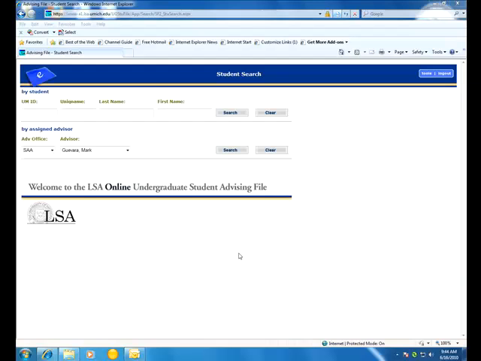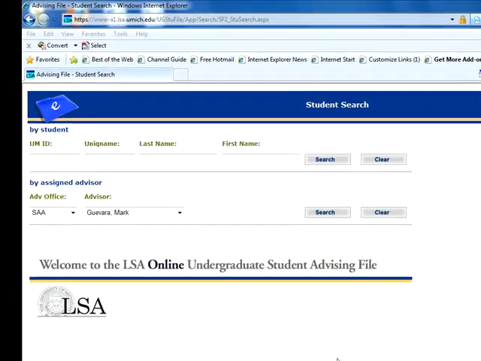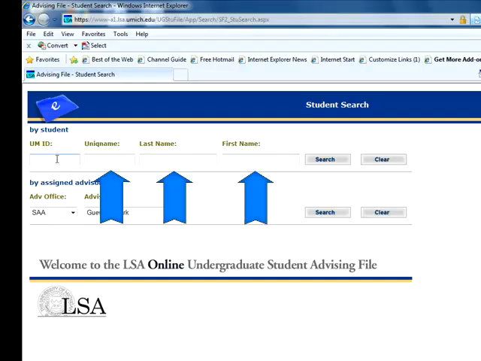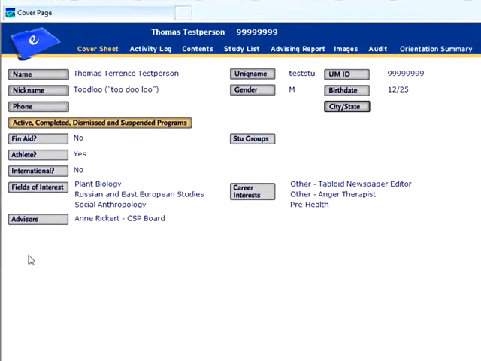of the Advisor Handbook. To get to an individual student's file, enter any of the information indicated by the search fields: UMID, unique name, last, and/or first name, and either press Enter on your keyboard or click on the search button. Then, click on the Open button next to the student's entry in the search results. You can also find all students who are assigned to you by searching by Assigned Advisor, but more on this